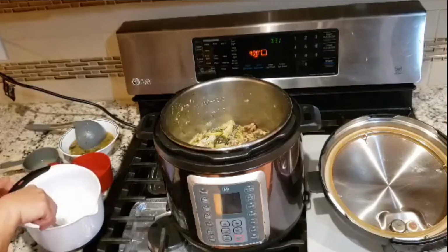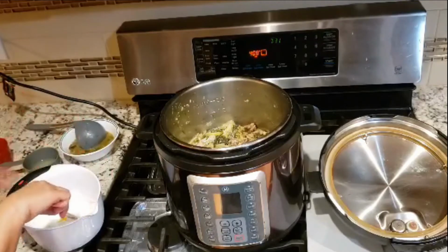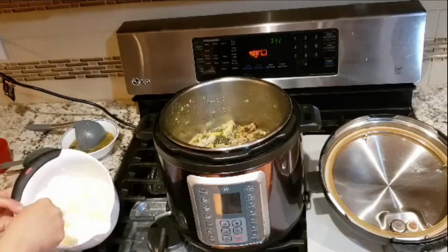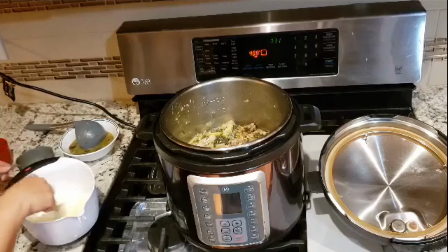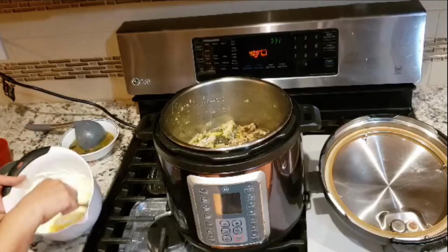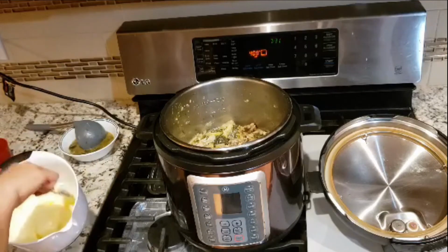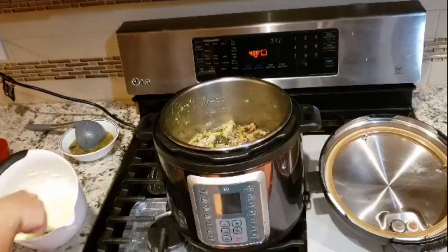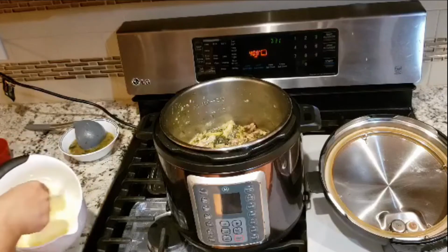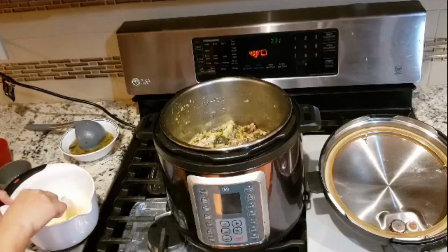So what I'm gonna do now is add my yolk, and I'm just going to mix it in there. And I'm also gonna add about 1 whole lemon. The lemon, it's a preference. It depends how savory again you like it. We really like lots of lemon, so we put lots of it. So I use about 3 lemons for the whole food. So after we mix everything together,